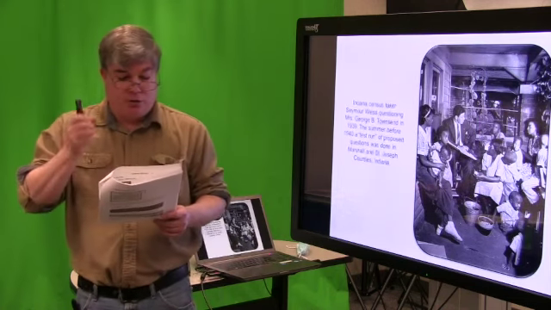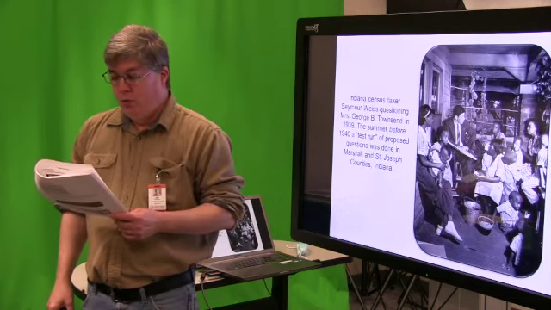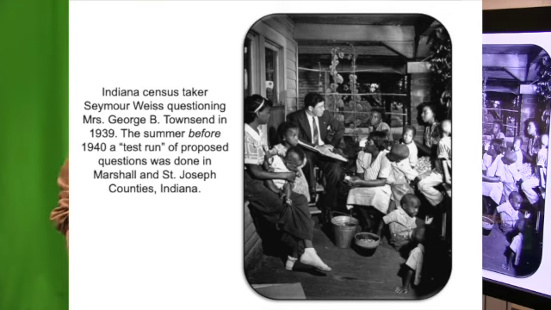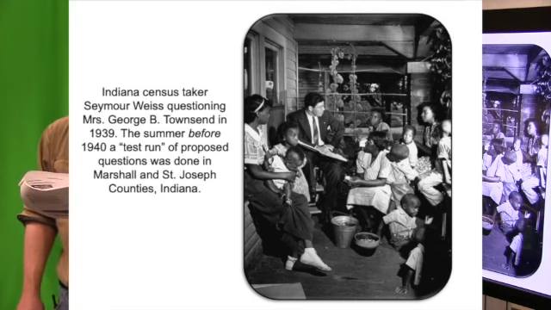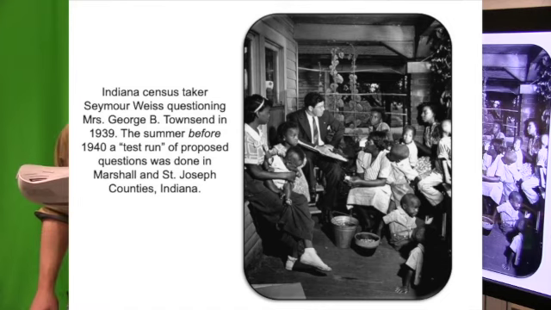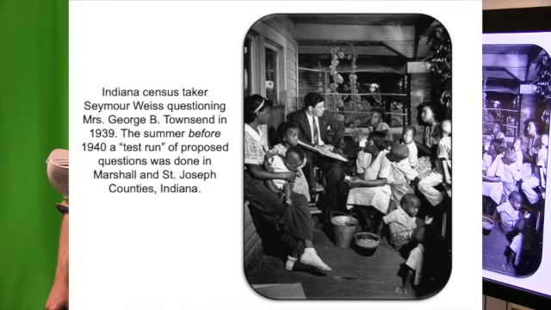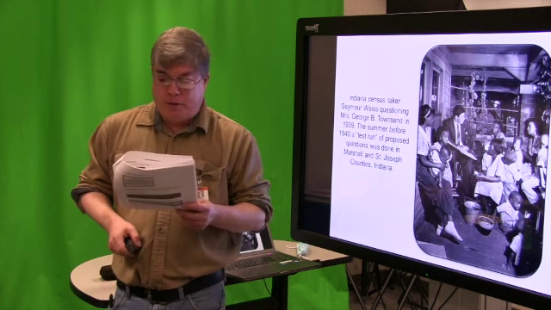So census takers like Mr. Seymour Weiss, who took the census in a practice run federal census in Indiana in 1939, went from house to house in their different enumerator districts, asking questions of heads of families and writing the answers down in the big ledger books. If the head of the family, usually the husband or father, was not home, the enumerator is supposed to come back and ask that person. But they might ask the wife or whoever they could find, one of the kids, it might be a neighbor, to answer his or her questions. Thus, some of the data for some families will just be wrong.